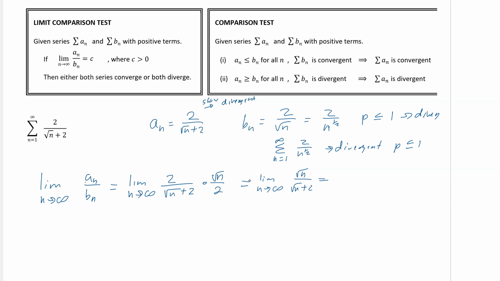And we treat these just like our normal fractions. So we're going to divide everything by radical n. So we would get 1 over 1 plus 2 over radical n. And as n goes to infinity, that 2 over radical n goes to 0. All right, so we end up with 1. And 1 is bigger than 0. So that's what we're saying. We're trying to find some value c, where c is bigger than 0. Check. So, by the limit comparison test,